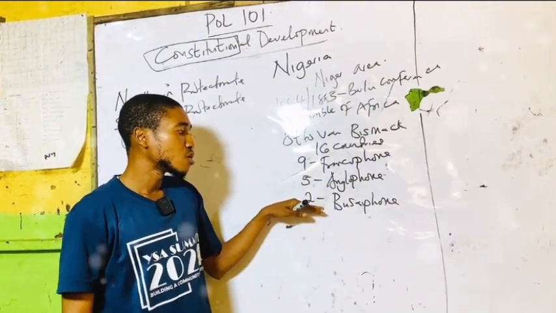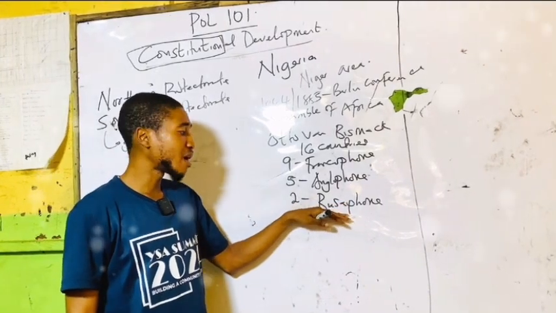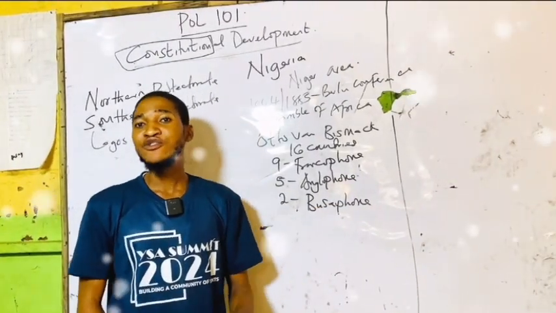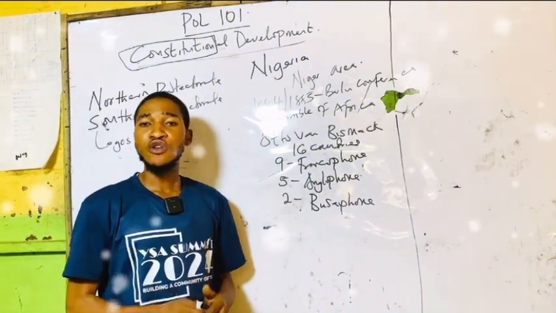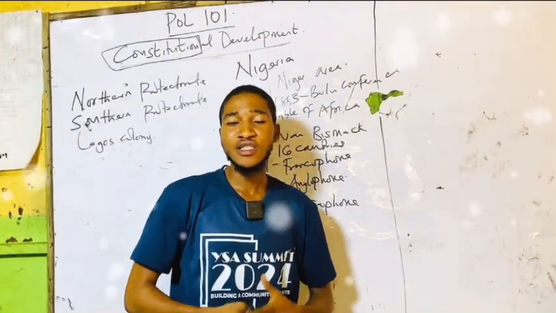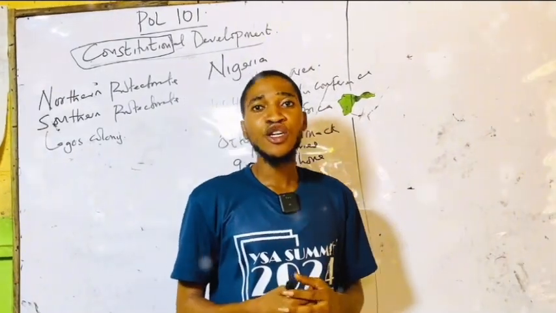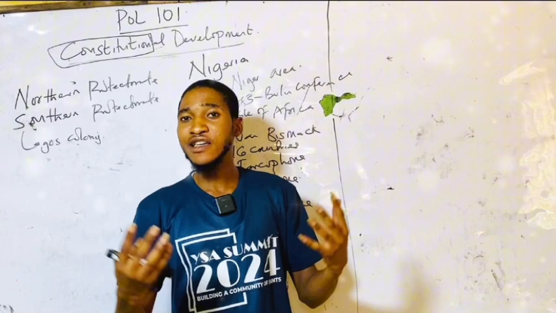Then these 2 states who speak Portuguese were colonized by what? And Nigeria is part of the Anglophone speaking countries. We were colonized by Britain. So Britain, when they came, at first they came as explorers. They came to explore Africa. They came to see how Africa is.